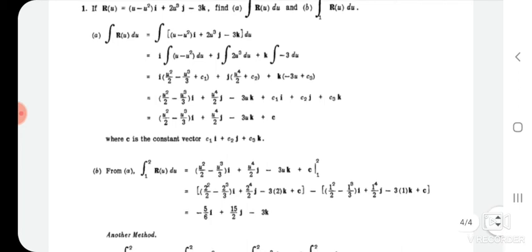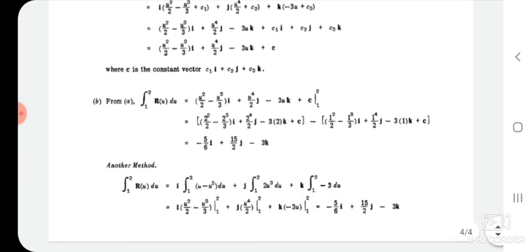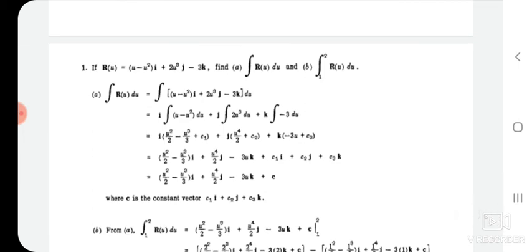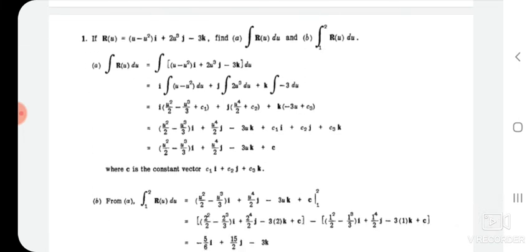The same problem can be solved by using another method. That is, at the time of integration, we can substitute the limit values 1 to 2 and then simplify. The answer will be the same as we solved in the above example. It means one problem can be solved in two different methods, but the answer will be the same. So we can use these concepts to solve such kinds of numericals.